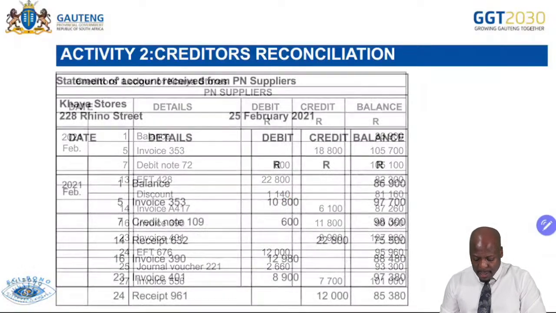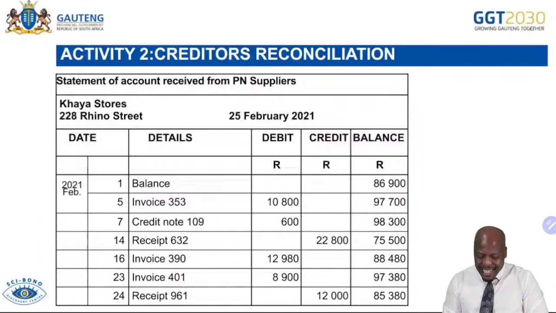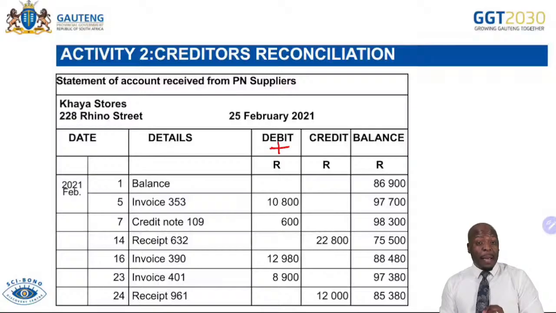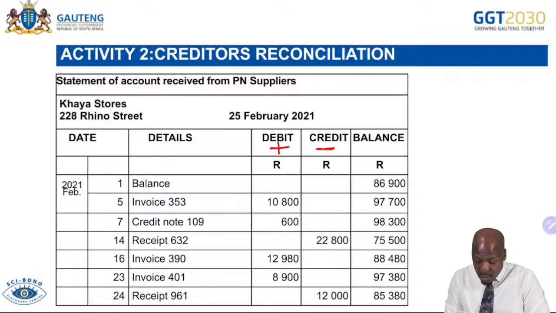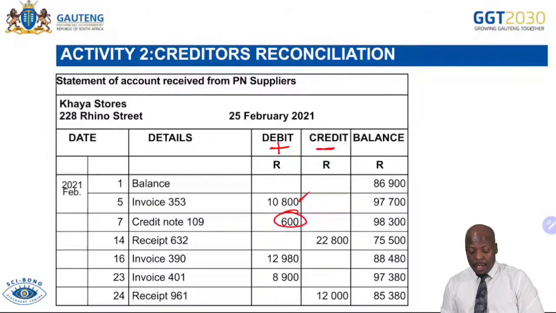Let's go on to the next aspect. The next one is the statement. On the statement, on the debit side, it is a plus now. You see the difference. In the ledger, on the debit, it was a minus. But in the statement, on the debit, it is a plus. And on the credit, it is a minus. And then your invoices. But you see here, we already have a credit note, which is over here. So there should be something wrong with that credit note because it must be on the credit side. This is your ledger and the statement.